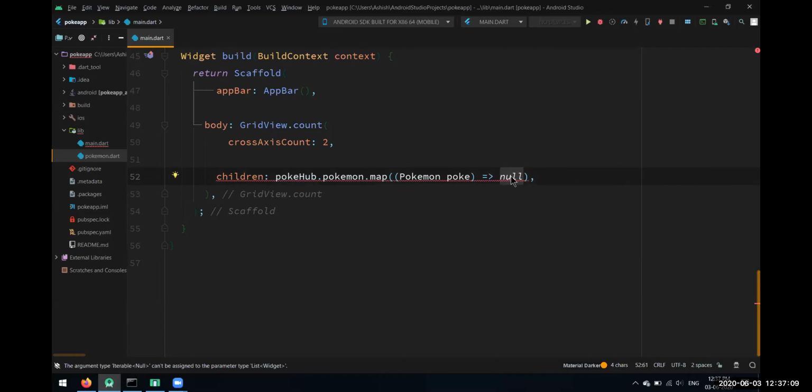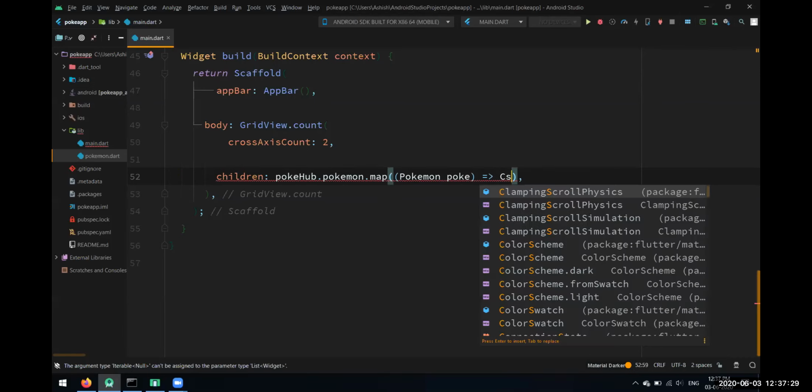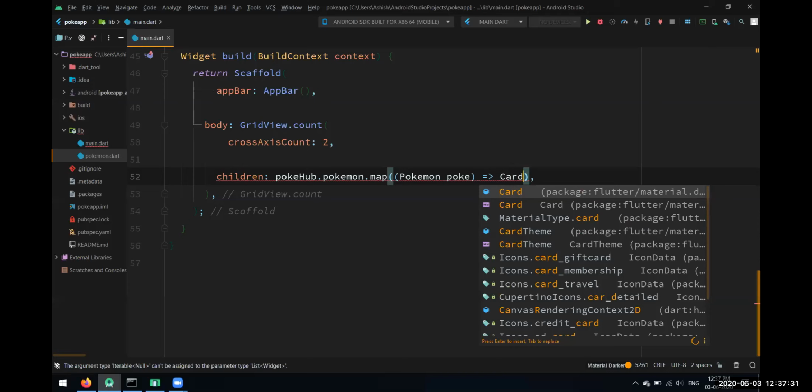We'll make separate cards out of it. Every Pokemon image or data that we are getting, we'll make separate cards out of it. So let's return a card over here. We'll return this Card widget.